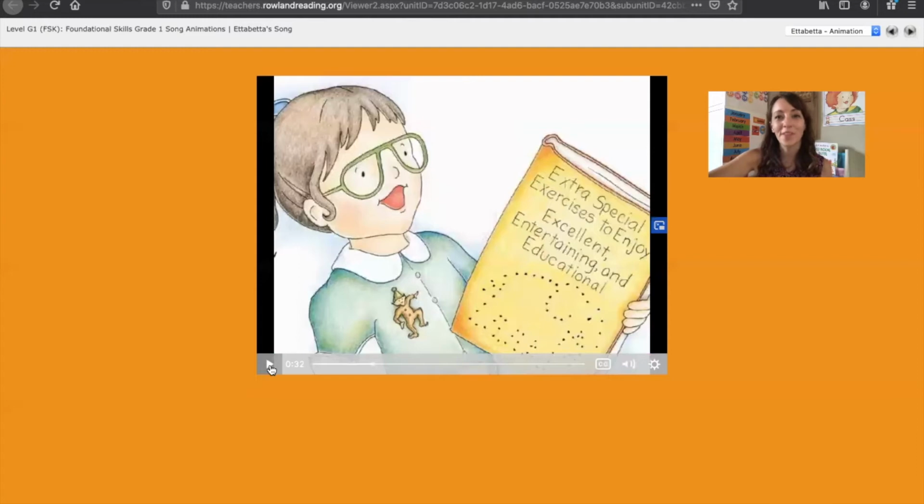We'll stop it there, but that would be a great way to start your lesson with your kids and have them listen to how her name rhymes, because we are doing a rhyming decodable text today. And then I would jump back to